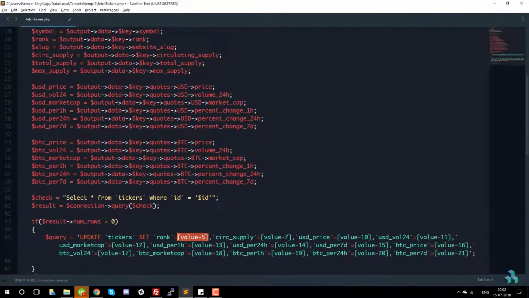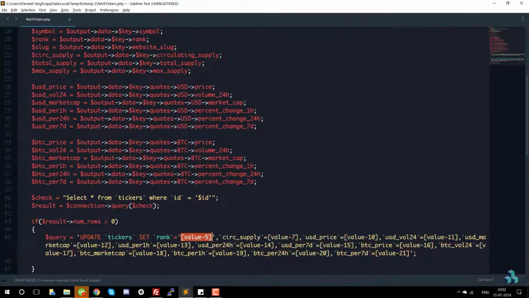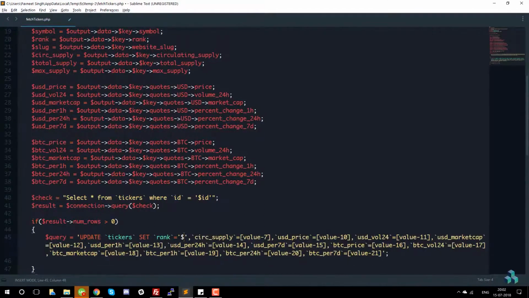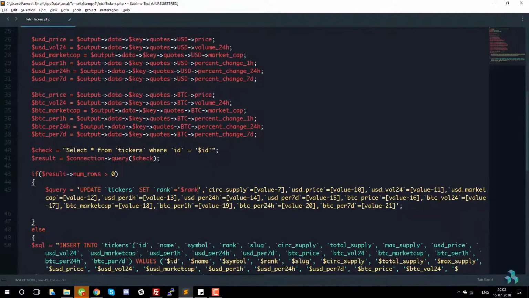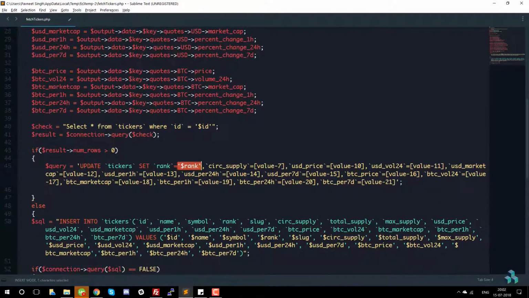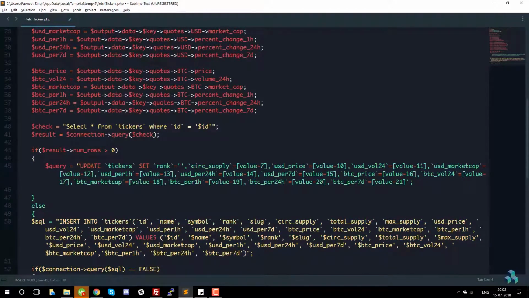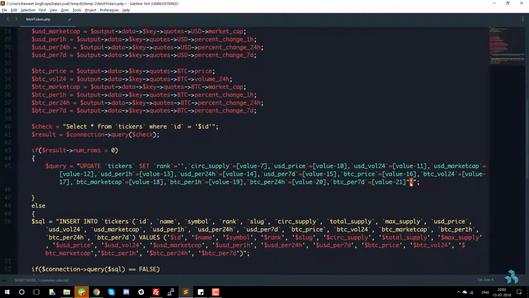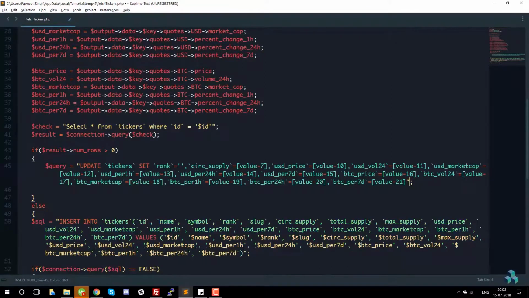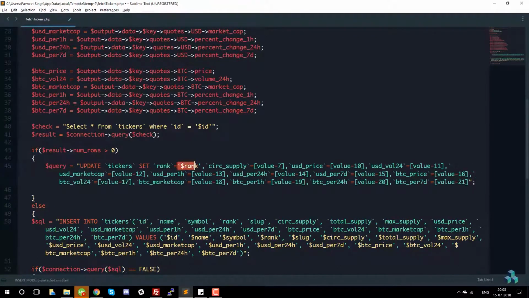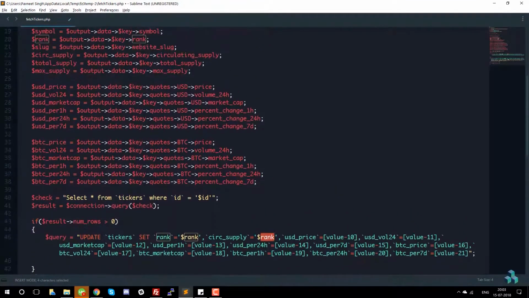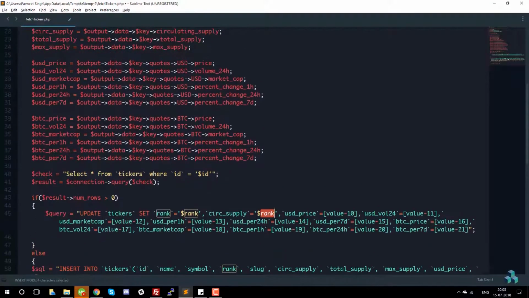We'll do for rank, oops, dollar rank, let's convert this to double quotes. Okay, all right, and do dollar rank, copy this, $2 is it? Oh yes, circulating supply, it could change. Circulating supply,